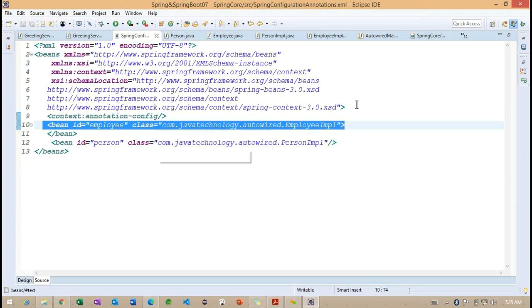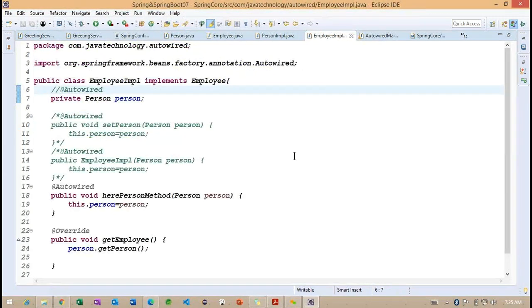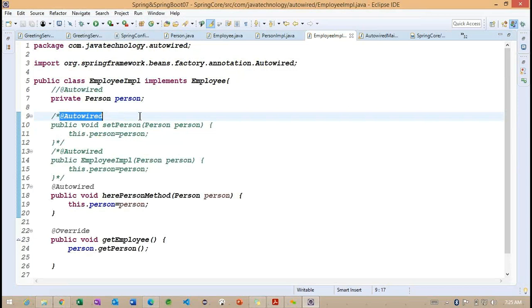Another advantage is that we can work with this Autowired annotation on top of the setter method, on top of the constructor, on top of the property, and we can work with any method, which is not related to any dependency method here. On non-dependency methods also, we can define this Autowired annotation.